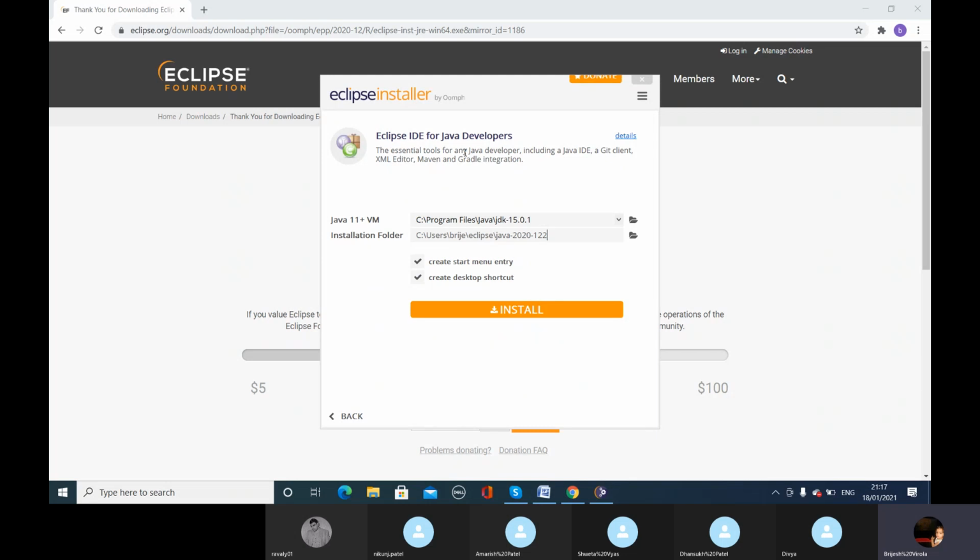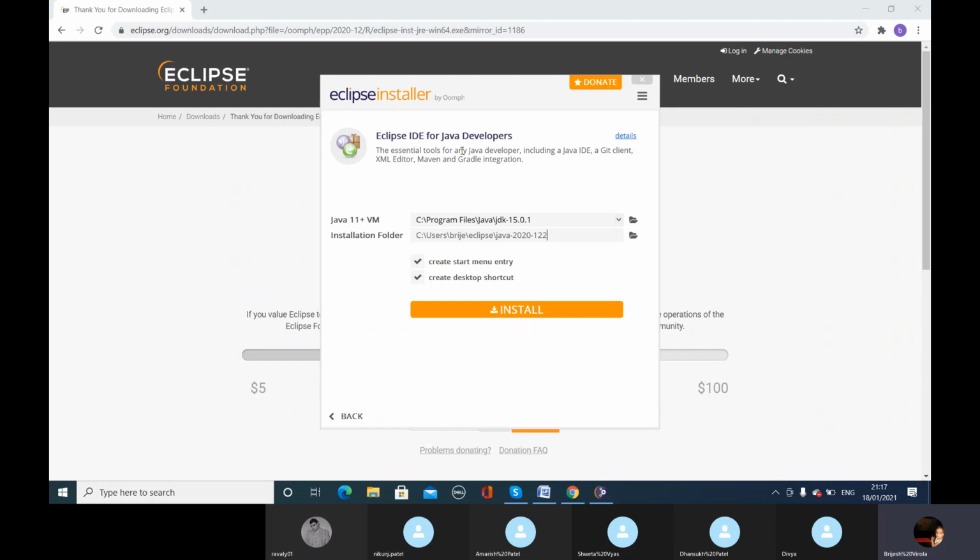On this page, here it says Eclipse IDE for Java developers. It supports the essential tools for any Java developer, including a Java IDE and Git client. So you can use here Git repository, XML editor, Maven.